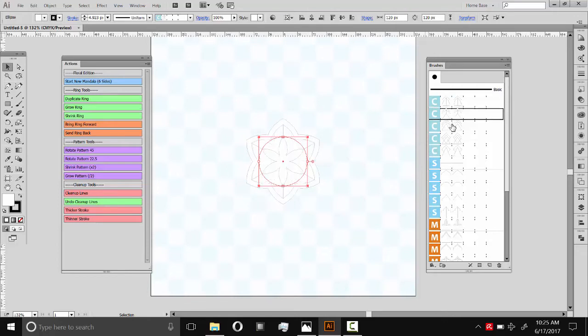So we can start by selecting this one. This one's great. And we basically start making these mandalas from the center out. So we'll duplicate a ring, and this is basically the process for building a mandala: whatever ring is selected, you can add another ring, clone it basically, by using the duplicate ring script right there,